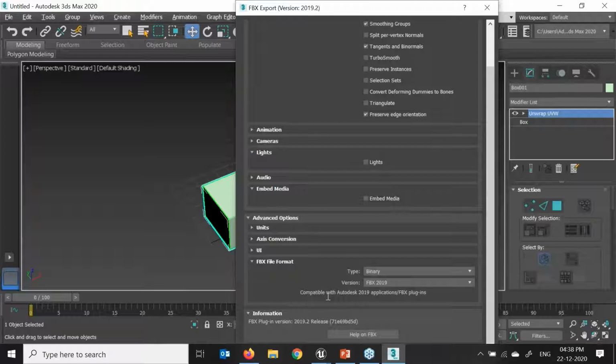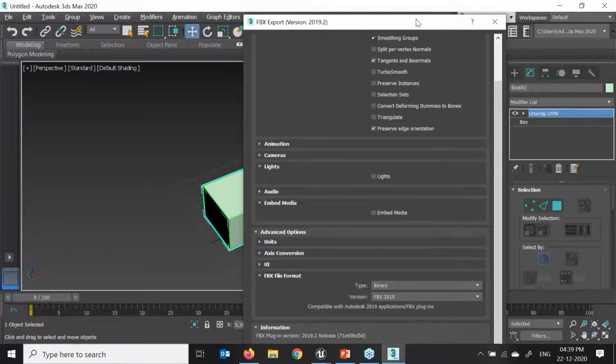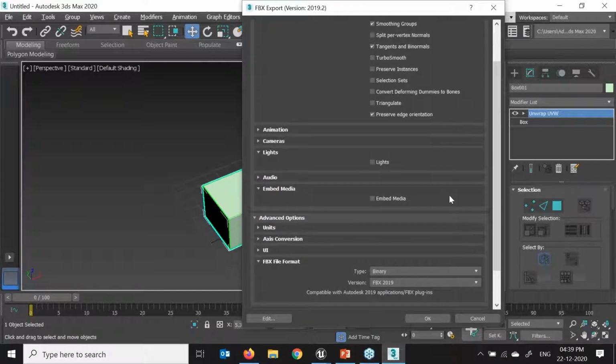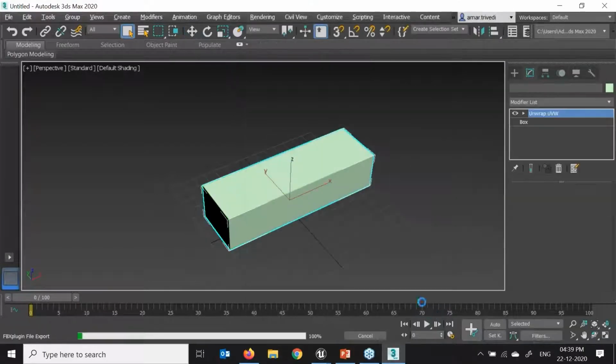If I click over here, it shows which product, if I want to import this object which I've created in Max into Maya or any other Autodesk software, it is indicating over here the 2019 applicable FBX plugin, correct? So this is really very handy to use. Just a little bit slow. Drag this over here and click on OK.